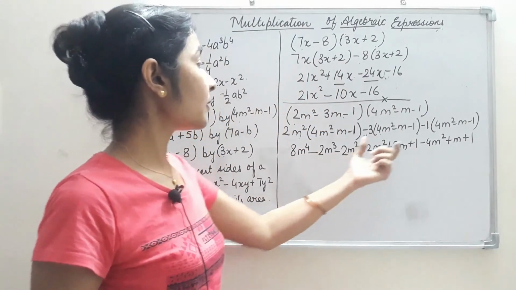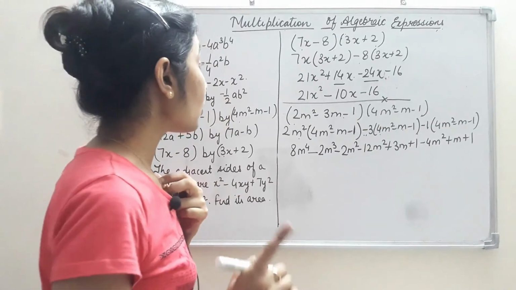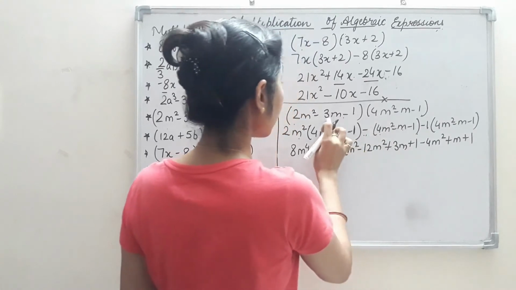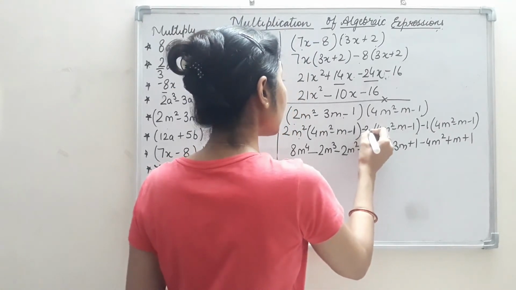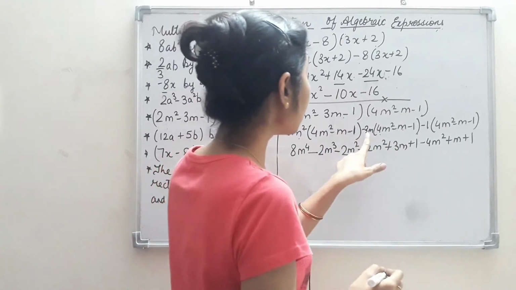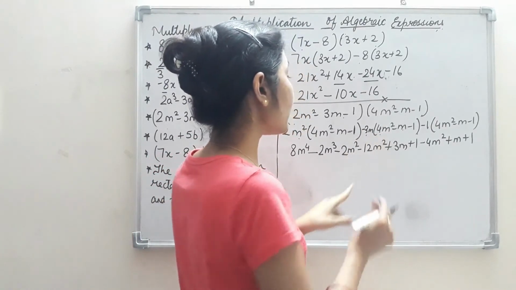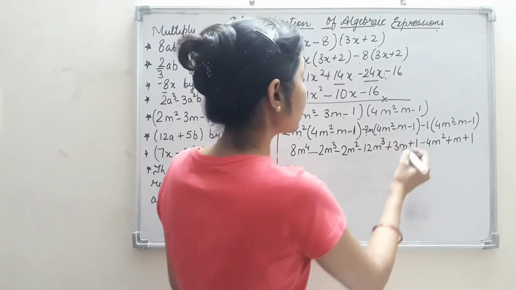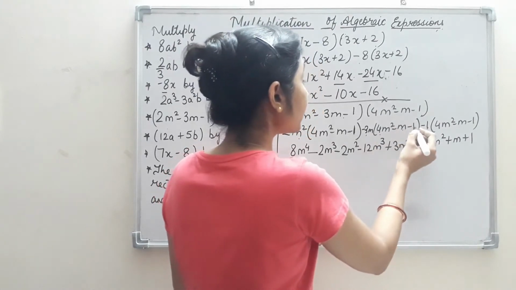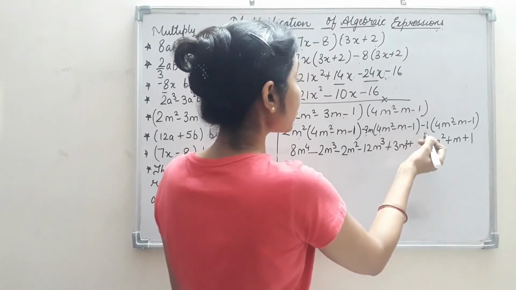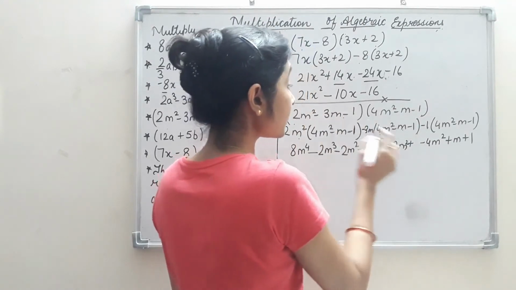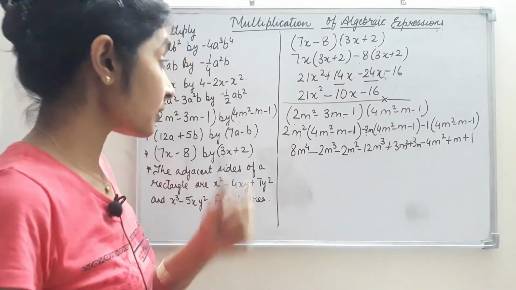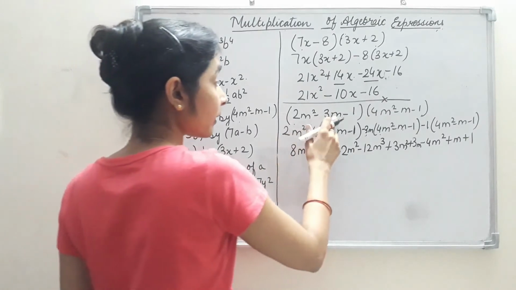So on multiplying we get this thing. Okay, just a minute. I have not written here 3m. So I have to multiply these three terms again. There I am having 3m here. So minus 3m is to be multiplied. So when I multiply 3m to 4m square, it comes cube here. Okay, similarly we are having 3m into m, so it becomes square here, and 3m multiplied by minus 1 gives me positive 3m. It will be positive 3m. Minus into minus becomes positive. I forgot to write here m.